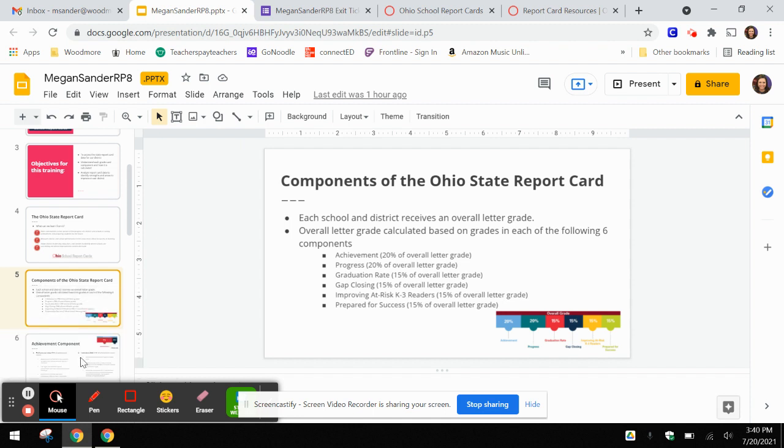The overall letter grade is calculated based on grades in the following components. And as you can see, each component is responsible for a different percentage of the overall letter grade. The first